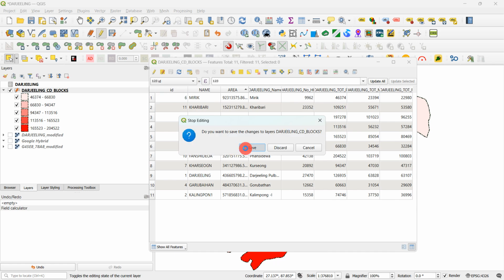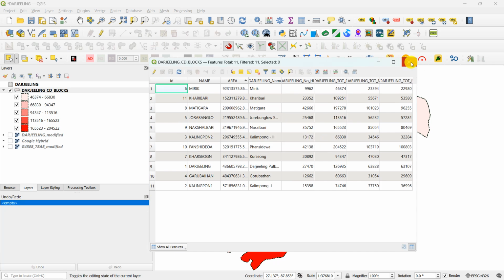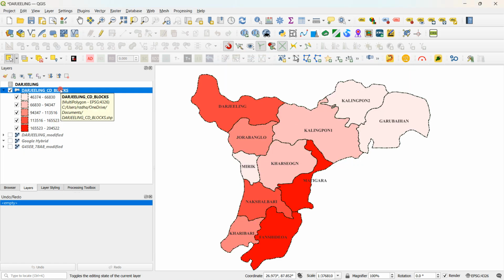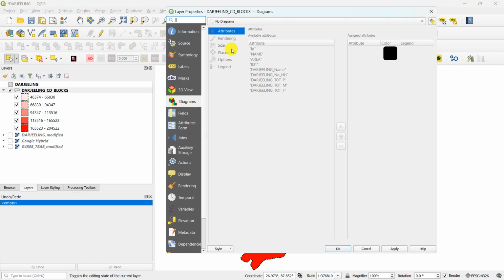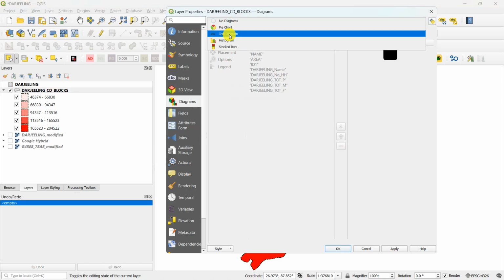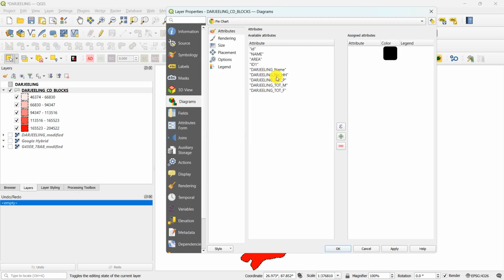Off the pencil, save, cross it. Okay, double click and go to the properties. Okay, so no diagram to pie chart. Now we will add area plus area plus we will use total population, total male population, total female population. So what we have here, area,